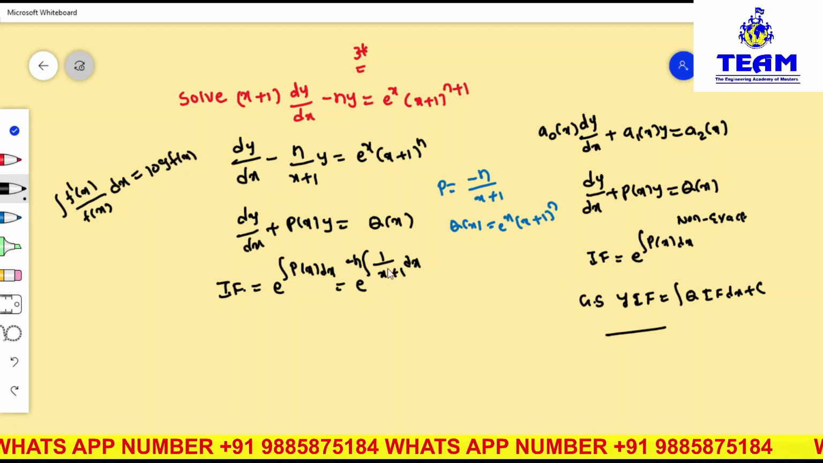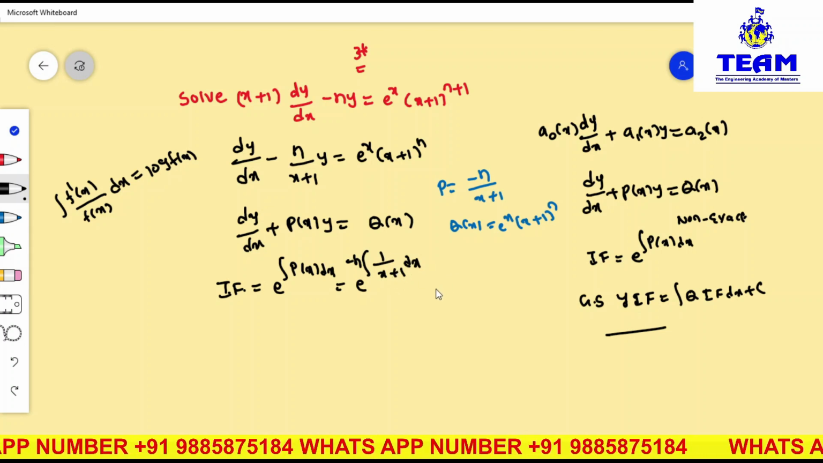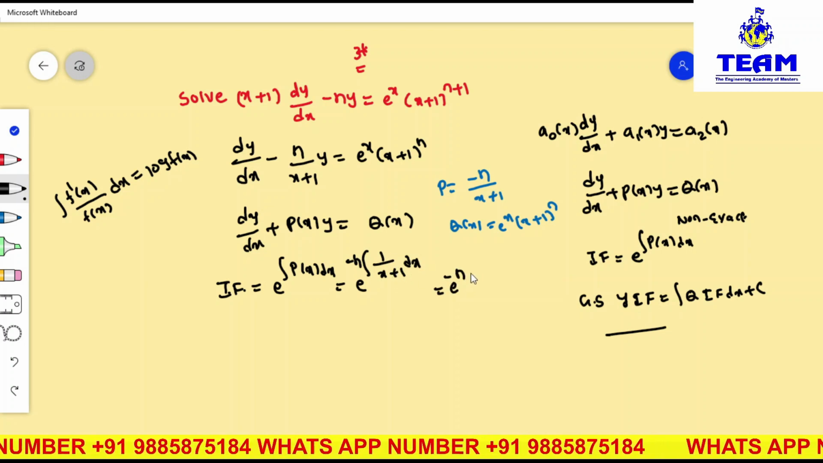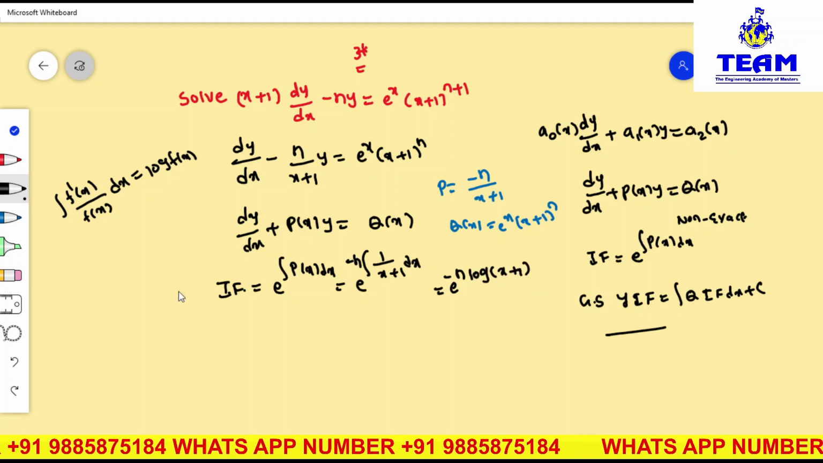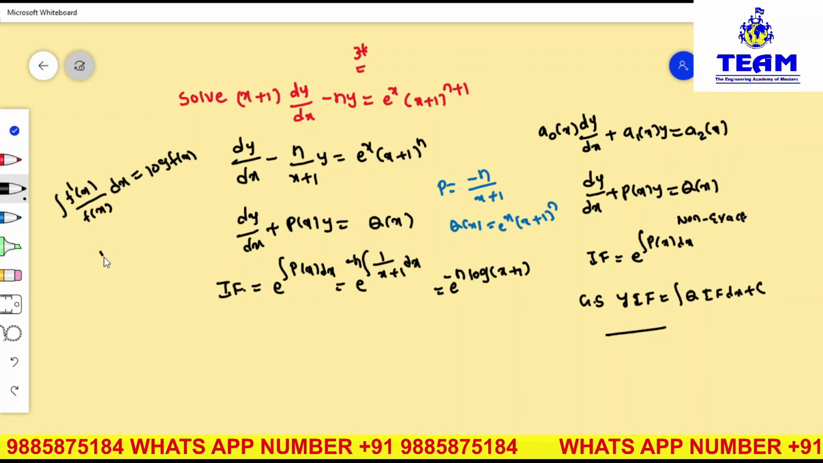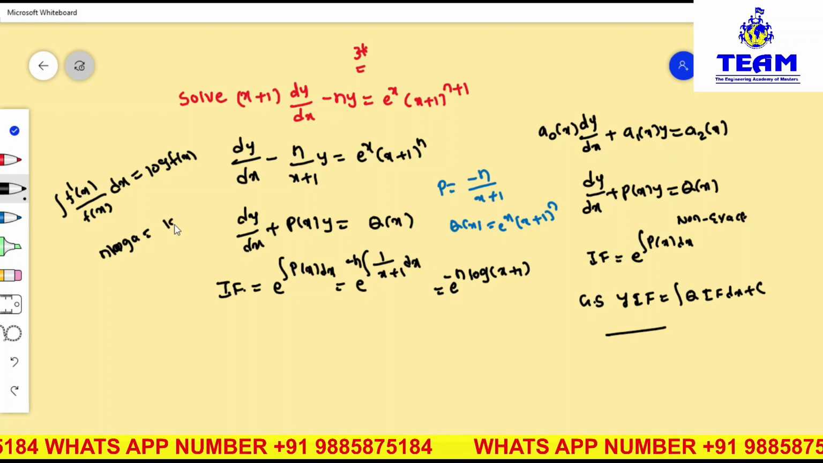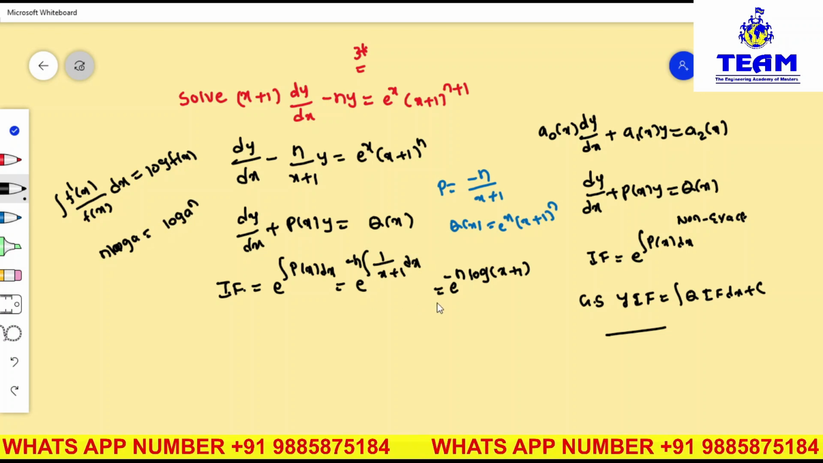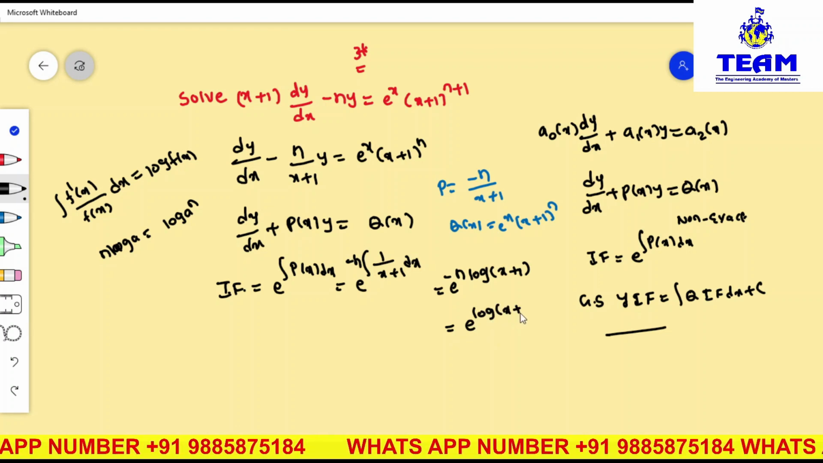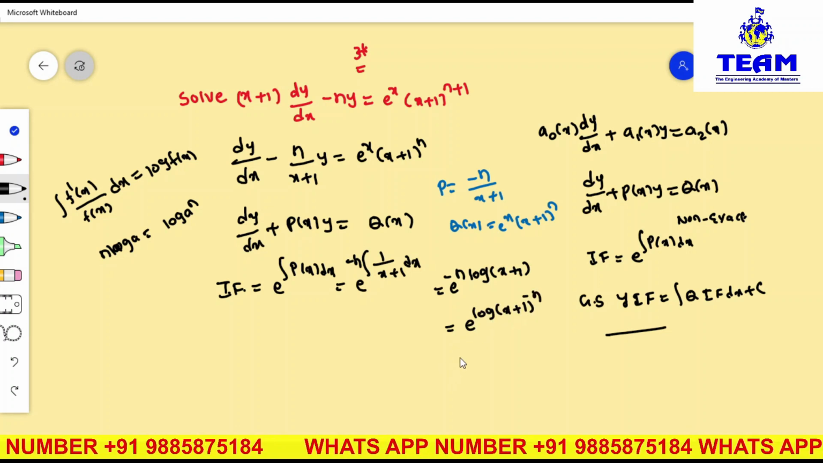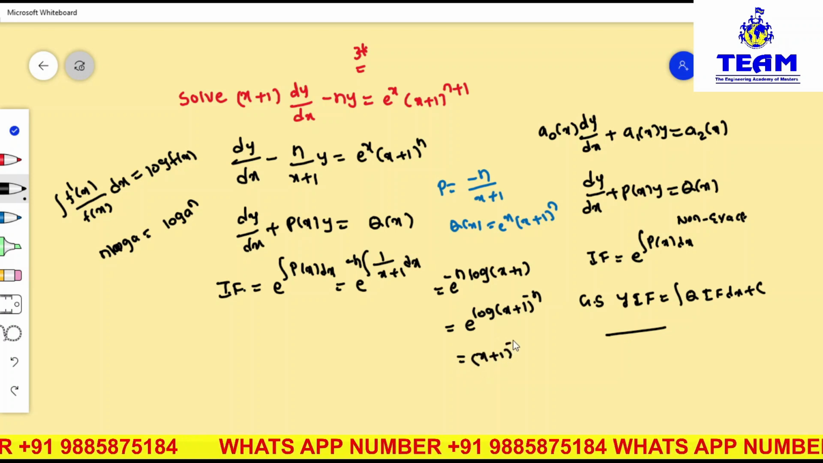So here the denominator is x plus 1. What is the derivative of x plus 1? It is 1. So the denominator's derivative is in the numerator. So what will you write here? e to the power of minus n times log of denominator. The denominator is x plus 1. Friends, n into log a can be written as log a to the power of n. So this is e to the power of log of x plus 1 to the power of minus n. Now e and log get cancelled, and you will have x plus 1 to the power of minus n